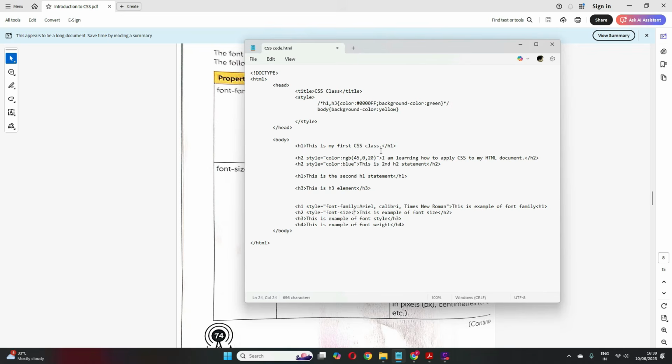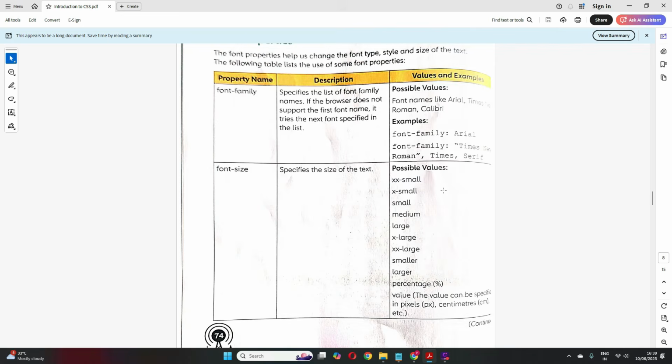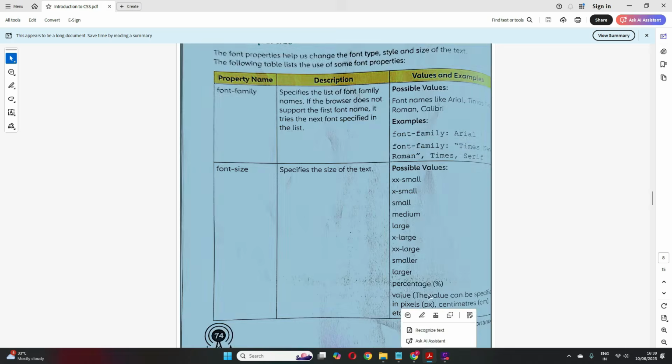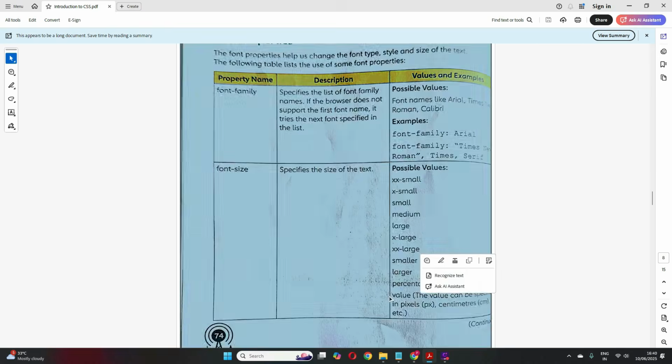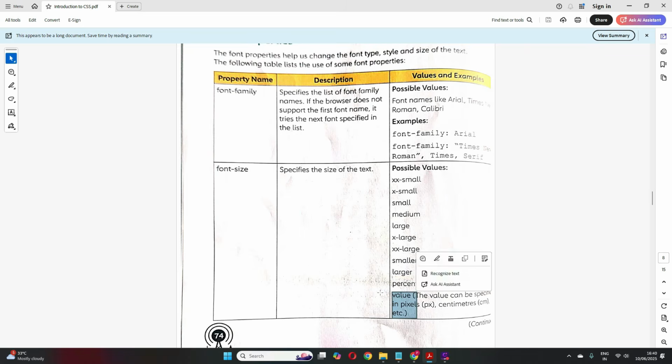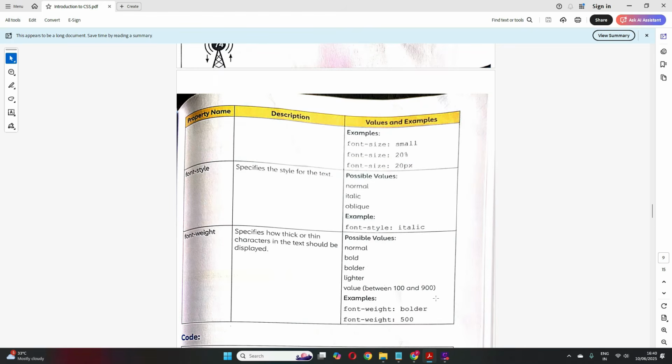See, there are different ways you can specify font size. XX small, X small, small, all these values you can specify. You can give it in percentage format also, like 40%, 50%, or you can give a value also, like in pixel format. So it's up to you how you want.